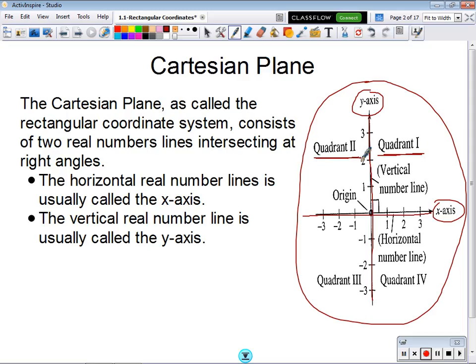To the left of that here is quadrant 2. Down here on the bottom left is quadrant 3. And then finally you have quadrant 4 down here on the bottom right. The origin, sort of the last term that we're going to look at here, is the point (0, 0). That's the point where the x-axis and the y-axis intersect. That is, when you're graphing points using coordinates, that is always the starting spot with graphing any type of points